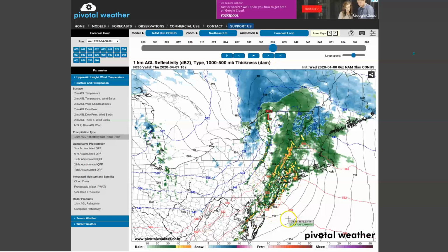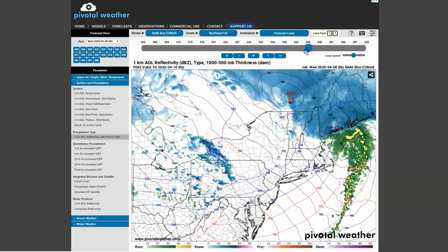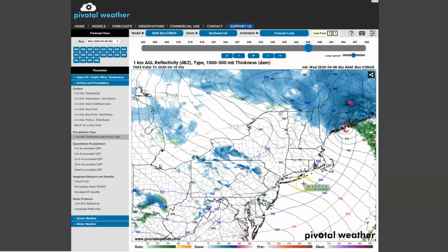And then look at this, you got the 552 thicknesses here ahead of the cold front and along the cold front, and you got everything falling to 540 thicknesses here. That doesn't look good to me. So that's a sustainability for a squall line with showers and thunderstorms broken up along the route here late tonight and early tomorrow morning. That squall line goes through and the winds just increase out of the northwest and west